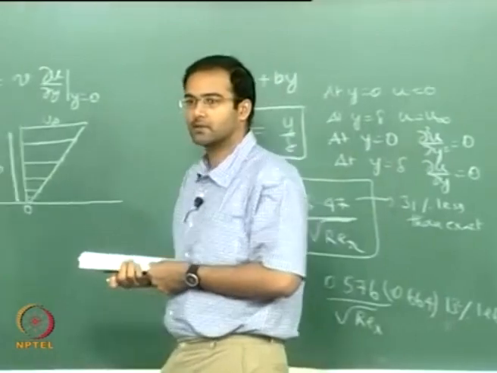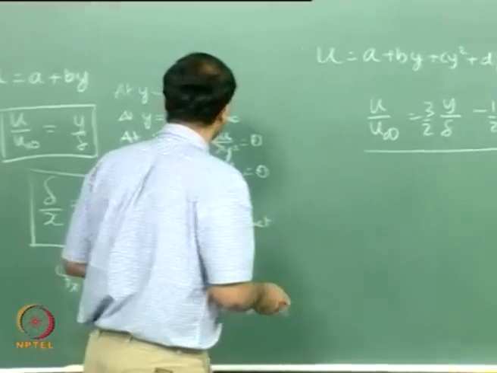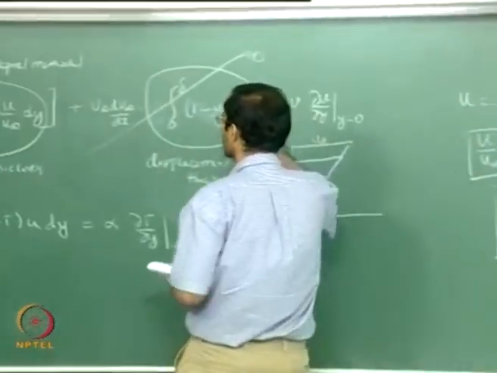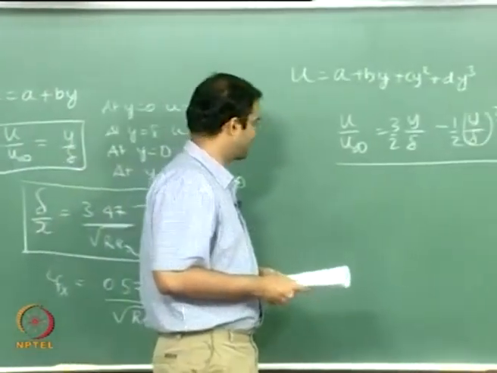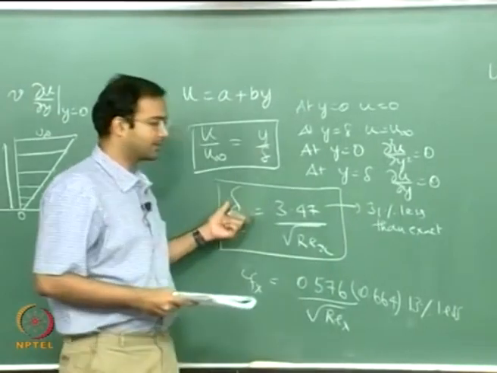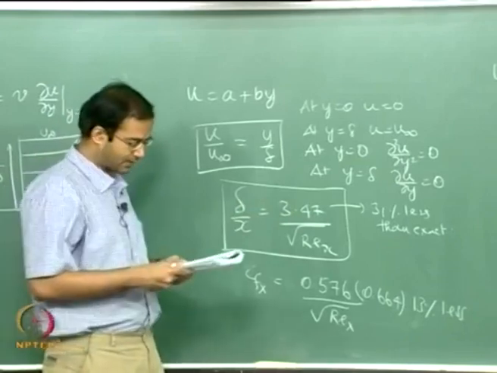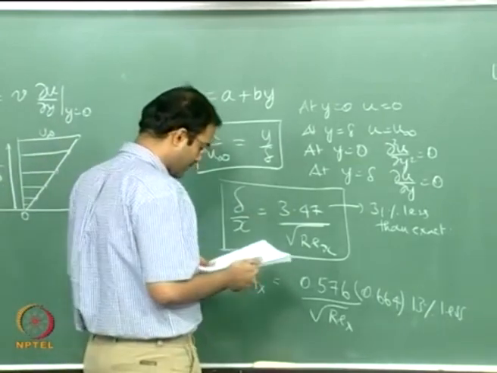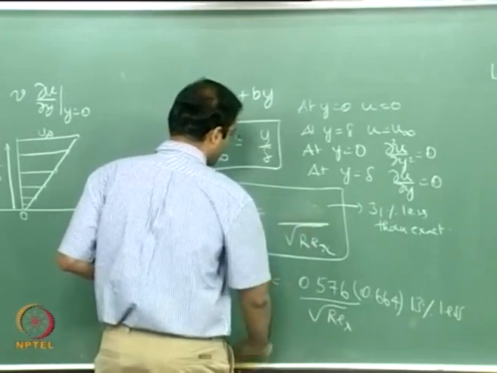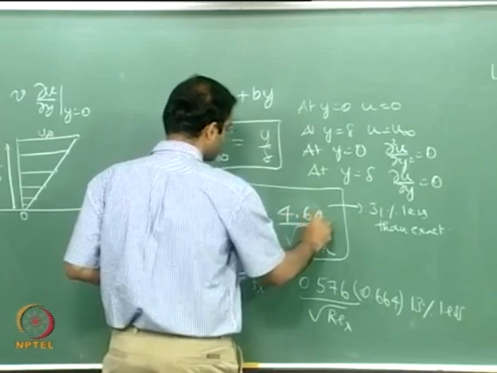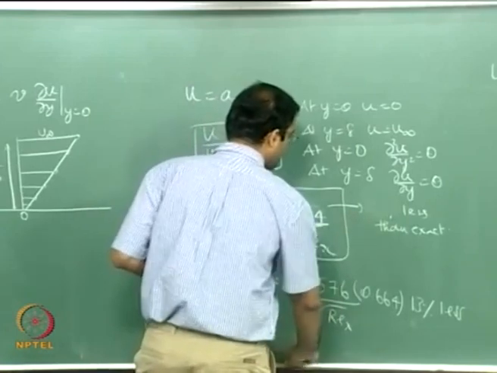Right, this was what we saw yesterday. If you plug in this velocity profile instead of the linear profile into the momentum integral and integrate it out across the boundary layer thickness, we found that the resulting boundary layer thickness is improving a great deal. Now from 3.47 we finally reach a value which is 4. Anybody remember? 4.64. Okay, which is 7% less than the exact, but it's very close